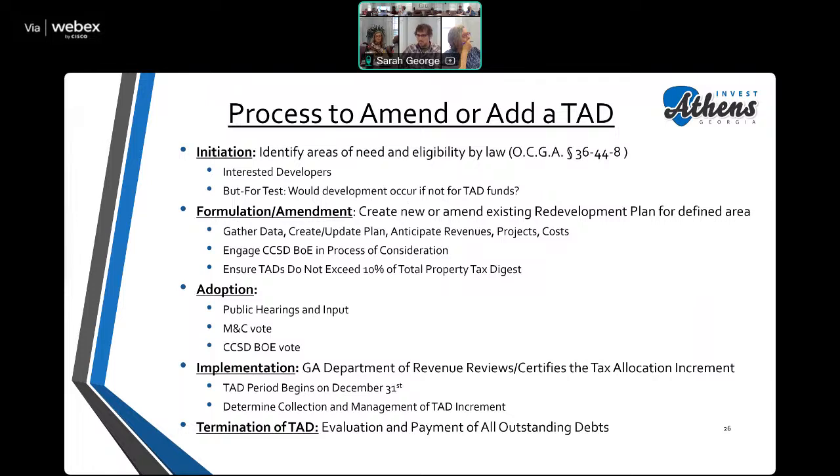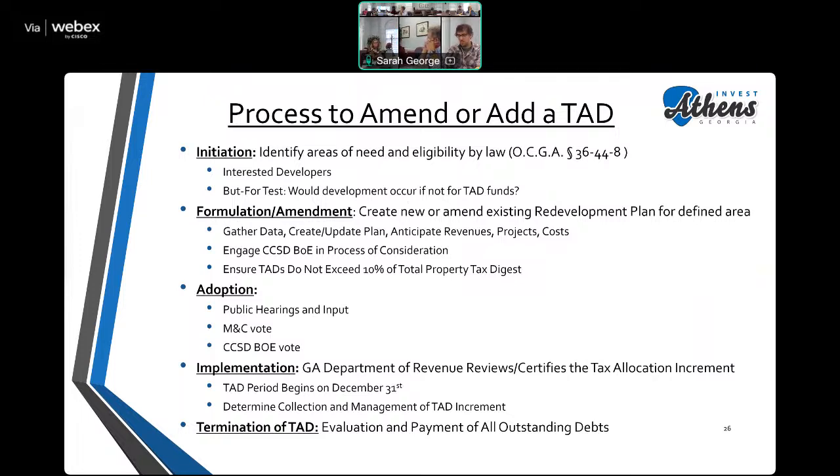Sometimes it's an interested developer, we talked about that for potentially a project-based TAD in the future, and then the but-for test for each area, I think that's important: would development be occurring anyway in these areas if it weren't for the TADs? And then you either create a new redevelopment plan or you amend the existing redevelopment plan, which involves data gathering, updating the plan, anticipating potential revenues, projects that might be in that area, either a redevelopment project or a greenfield that might be promising, potential costs,